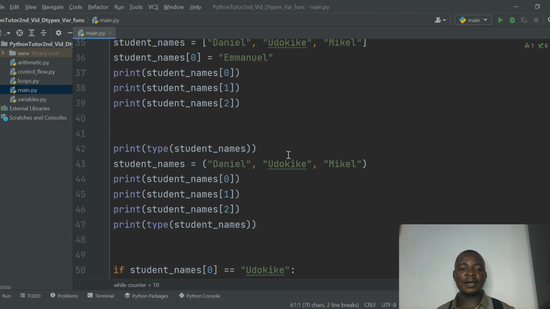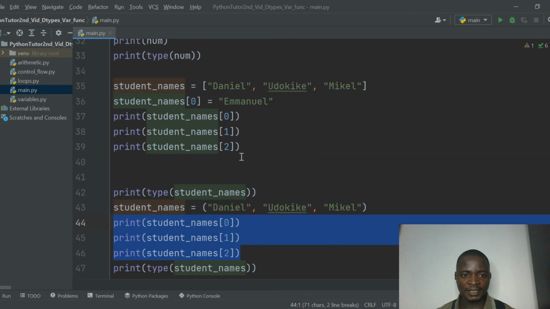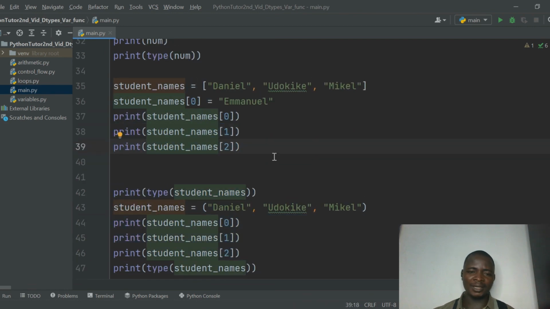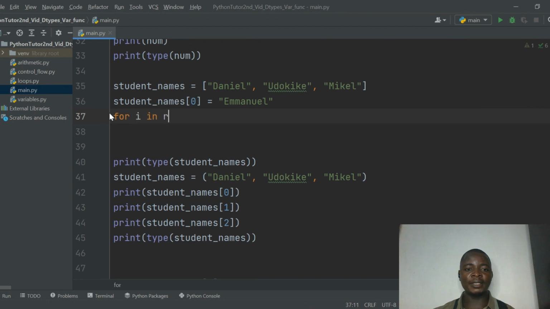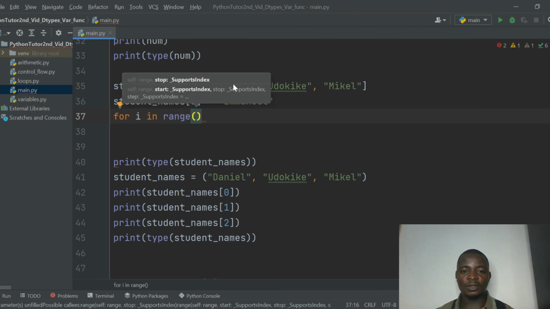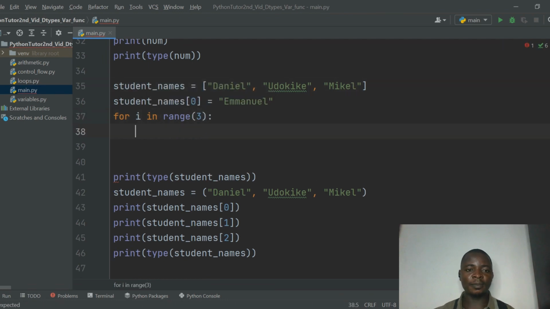So looking at our name here, you can see there's a little bit of a way we can refactor our code instead of having this print name 1, 2, 3. It is not DRY. We're repeating ourselves in an approach there. So the best way to traverse over a list or a tuple is using a for loop or a while loop. So here we can achieve this by saying for i in range, how many items are here? 1, 2, 3. So for i in range 3, then we'll now say